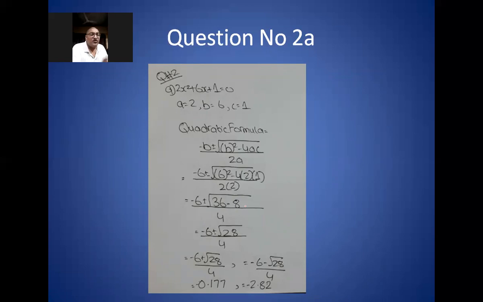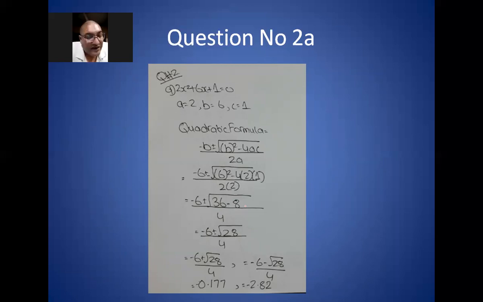It says, by using the quadratic formula, solve each of the following equations. So now we have the quadratic equations, and we have to apply the quadratic formula. It's a very famous formula, and it always comes in the paper. And from this chapter, a story sum always comes in the Cambridge exam. A story sum on the quadratic equation always comes in paper 2 of the D Maths 4024. Okay, so